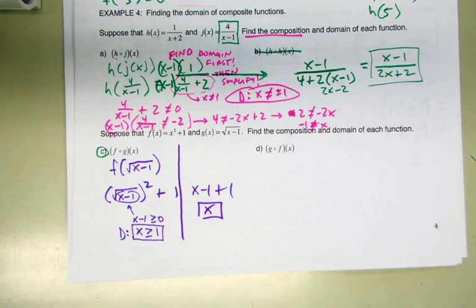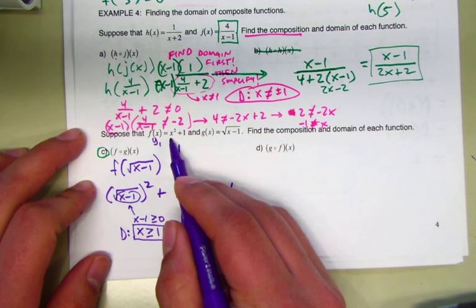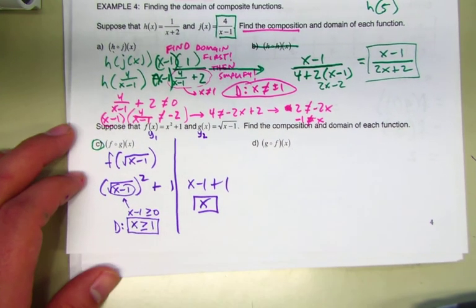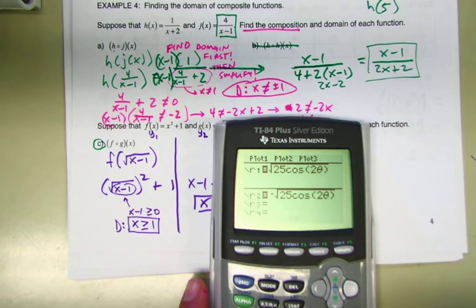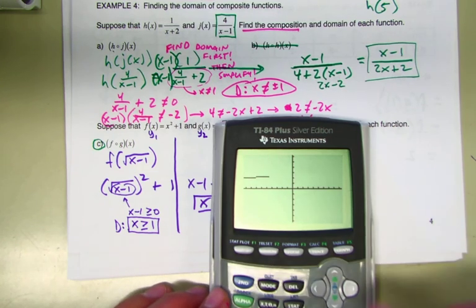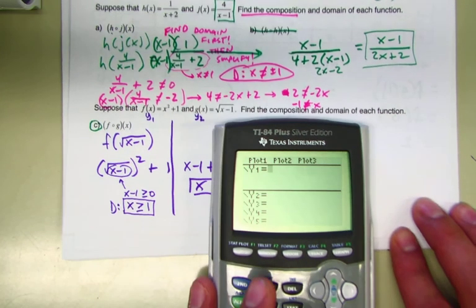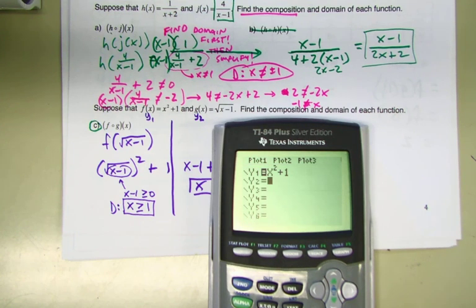If you want to go ahead and just take a second and type in x squared plus 1 into y1, and then for g, type that into y2, okay? And let's just set it up that way. Oop, hold on. I got to switch my mode here. Okay, so I'm going to type in F, type in G,